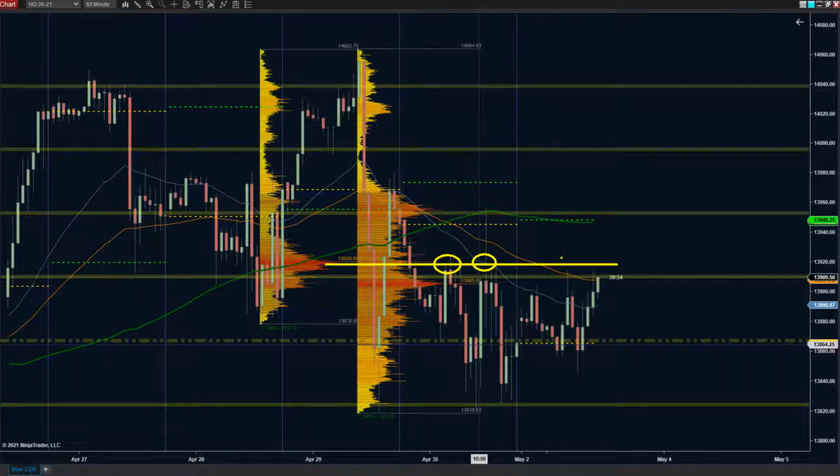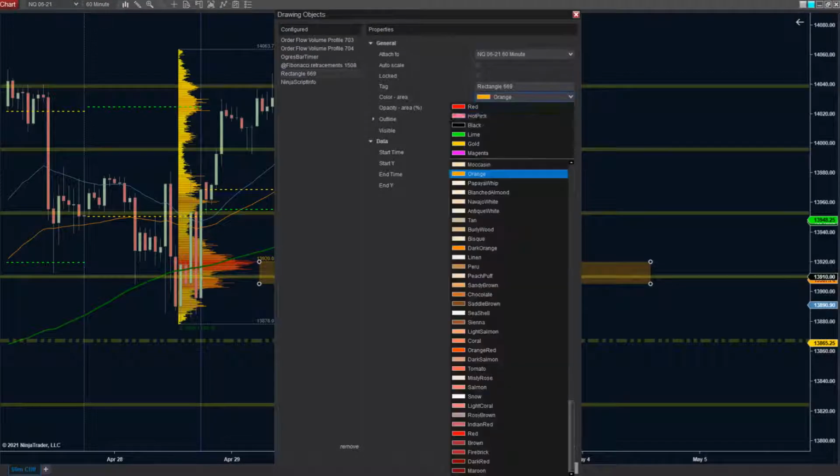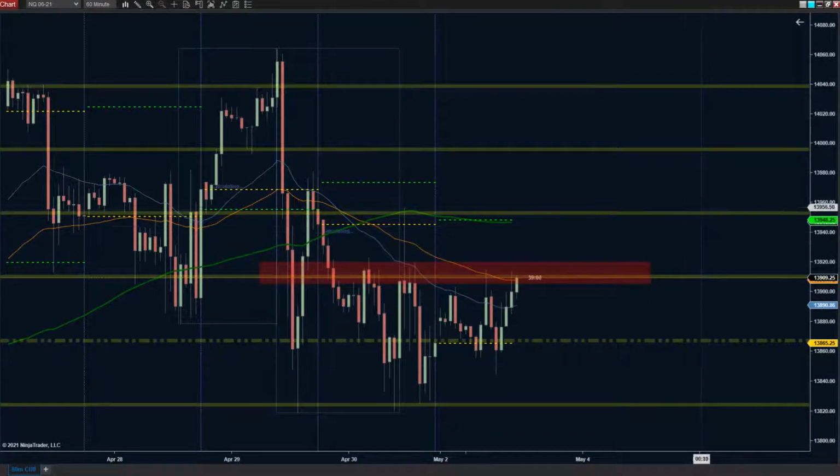Resistance, resistance. Well, guess what's up next, right? Right around the corner. And if we look, they've actually got another POC that's kind of hovering in the middle. So we've got this kind of hot pocket of resistance that the market's going to have to work through from the 920s to the 905s. And we're smack inside of it right now. Little bit of an awkward location, to say the least.